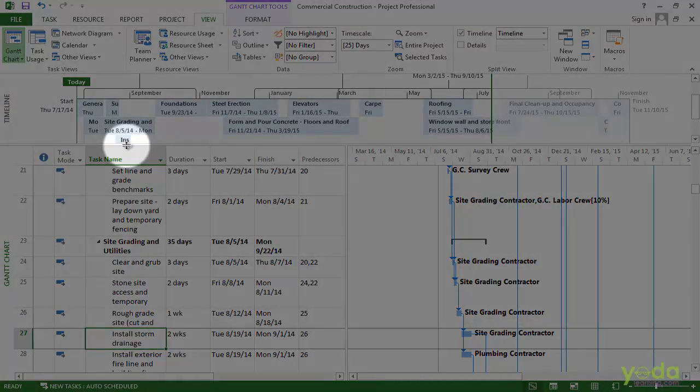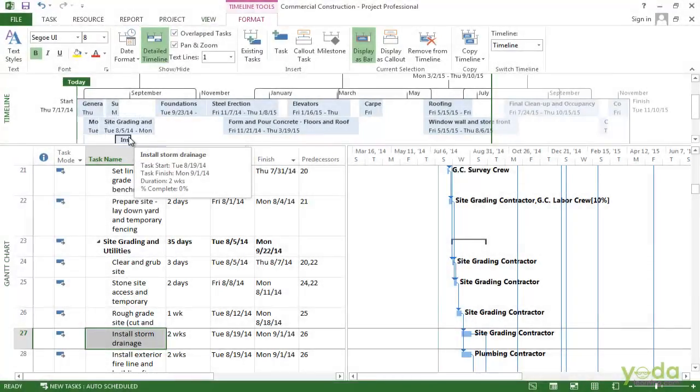and there's no information. So that might actually be better as a call out. You can change the format to a call out or a task bar. Just click the thing that you want to change. In this case, it's the task bar, and you can see display as a bar is highlighted because it's showing as a bar right now.